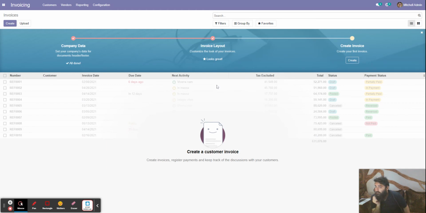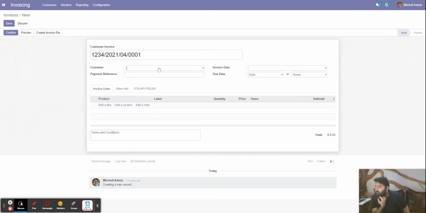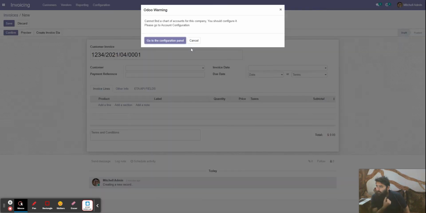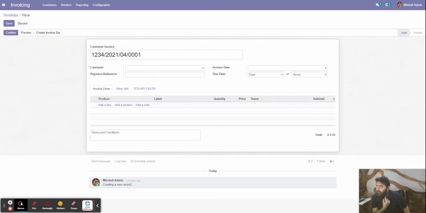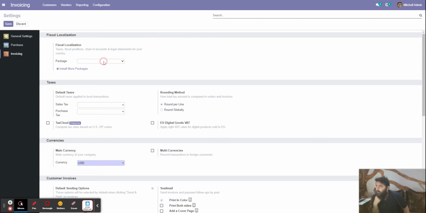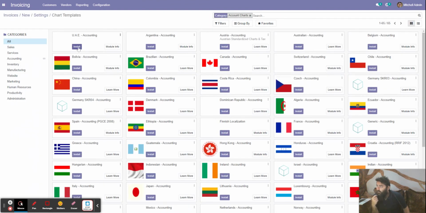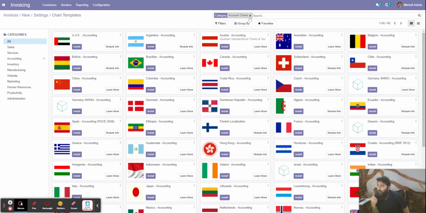Okay, let's create our first invoice. So Odoo is really cool. It's working really fast. So anyhow, okay, we need to configure our chart of accounts at once. As I told you, we need to configure some packages for you, like at once. Like let's install UAE accounting for now, or we can use